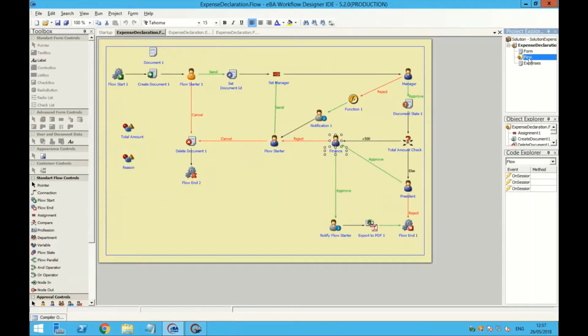In a previous video, I showed you how to design an expense declaration form, and now you'll learn how to associate a workflow process to that form. Here you can see the workflow already created, but let's take a look first at the different controls available on